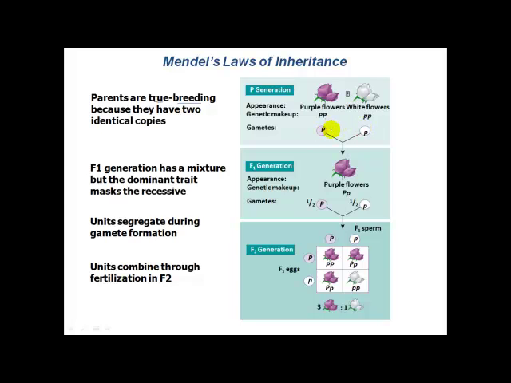When we allow these gametes from these 2 true breeding parental strains to interact and fertilize, so this is fertilization we're seeing here, what do we get? Well, we get back to the diploid state, right? We get back to a diploid organism, and these diploid offspring have one purple allele from this parent and one white allele from this parent, and the trait that they exhibited was purple flowers.